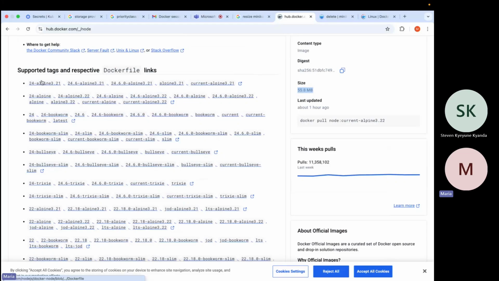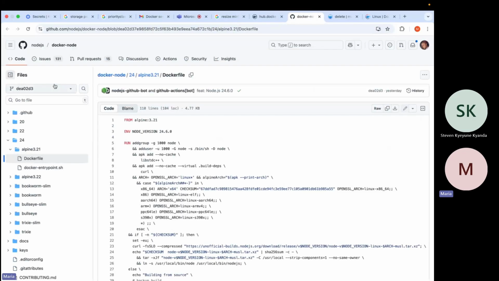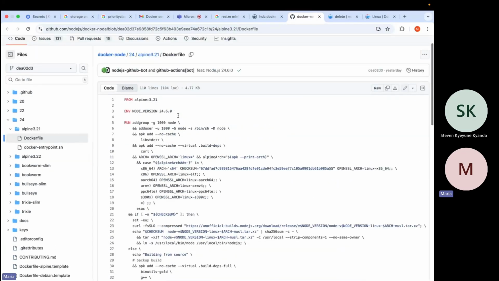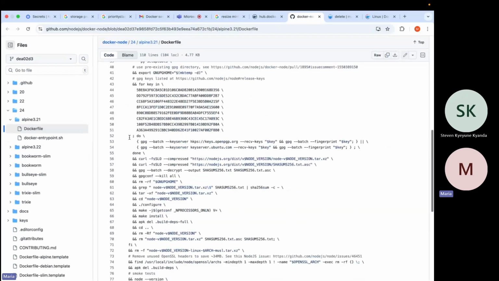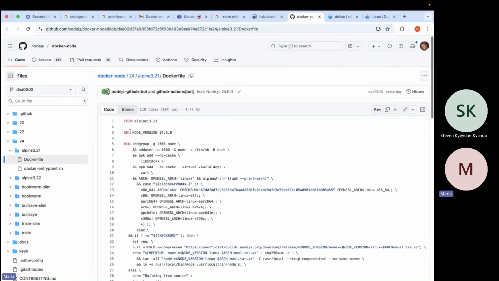The reason why we have Alpine, Slim, Bookworm is because of the differences of what's contained in this image. If I click on this image, it takes me to GitHub, and I'm able to see what they have installed for me by default. So I don't need to install it again in my Docker file.